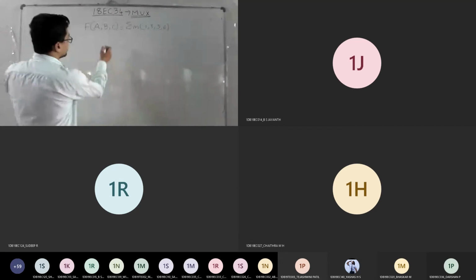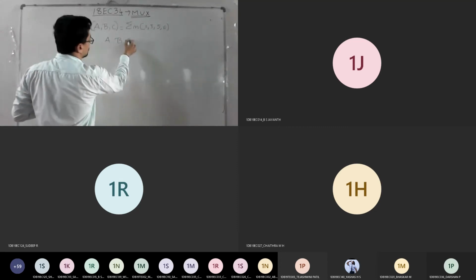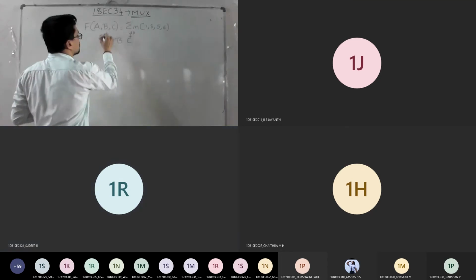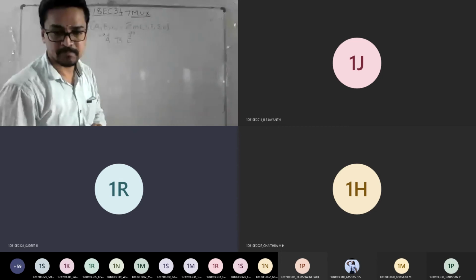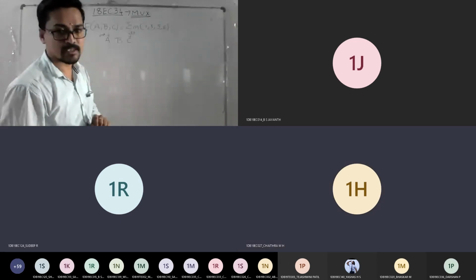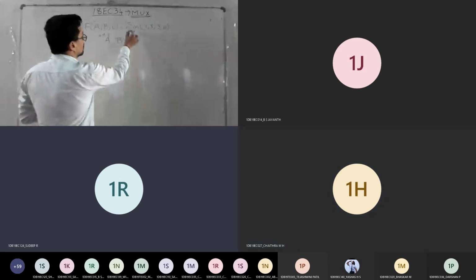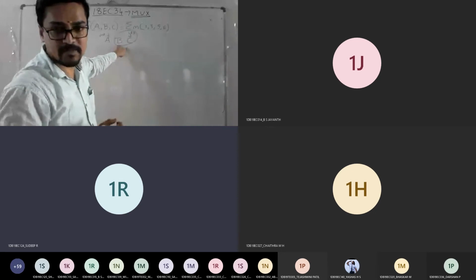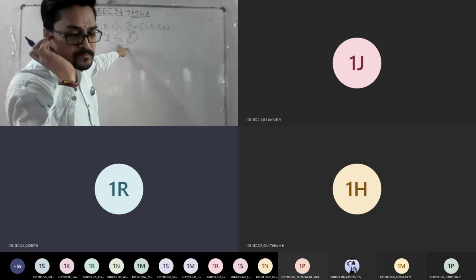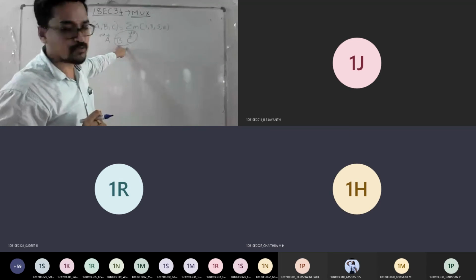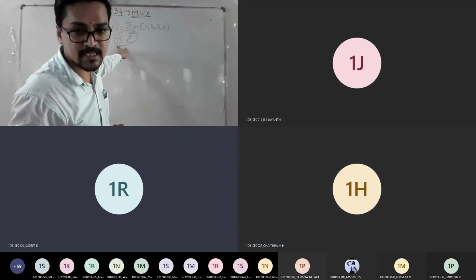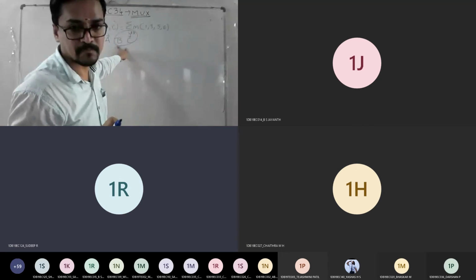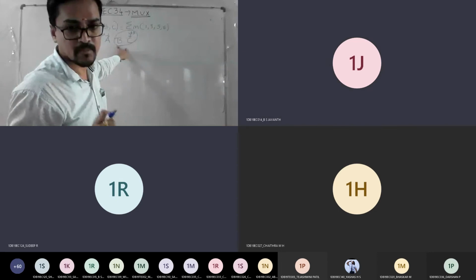We know that the inputs are ABC. So C represents the LSB and A represents the MSB. Agree, everyone? Yes, sir. So you need to consider the B and C. That is the category which comes under the least significant variables. So for this, you need to consider them as select inputs, which is your first task. Am I clear till here, everyone? Yes, sir.